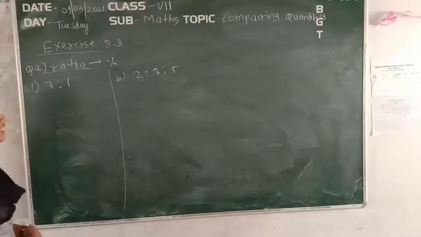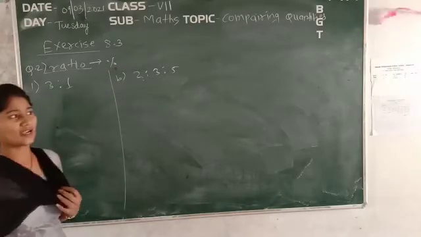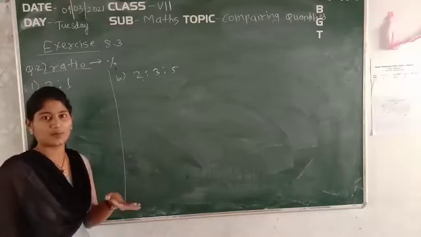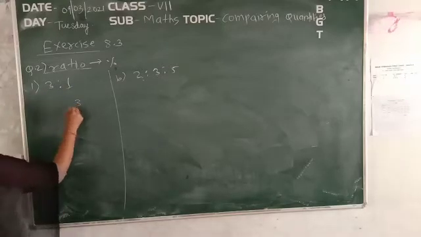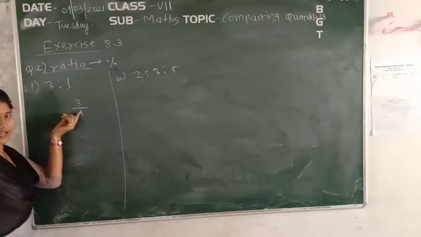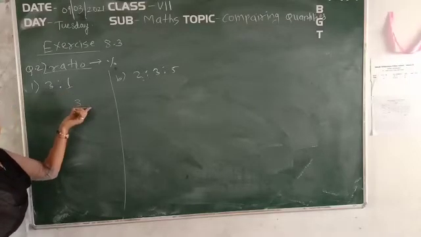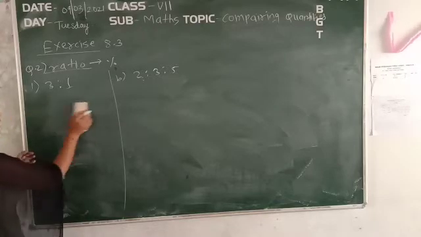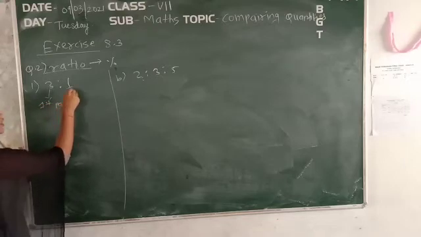Okay, so how will you convert? First of all, for converting into percentage, you might be aware of two things. One is the numerator, another is the denominator. So first of all we have to write this ratio in the form of numerator and denominator. But is it the correct way to write it like this? No, because it is not a numerator and denominator, it is in ratio format. Okay, after simplification, it means total parts, one part is here, like this is the first part. Okay, and this is your second part.